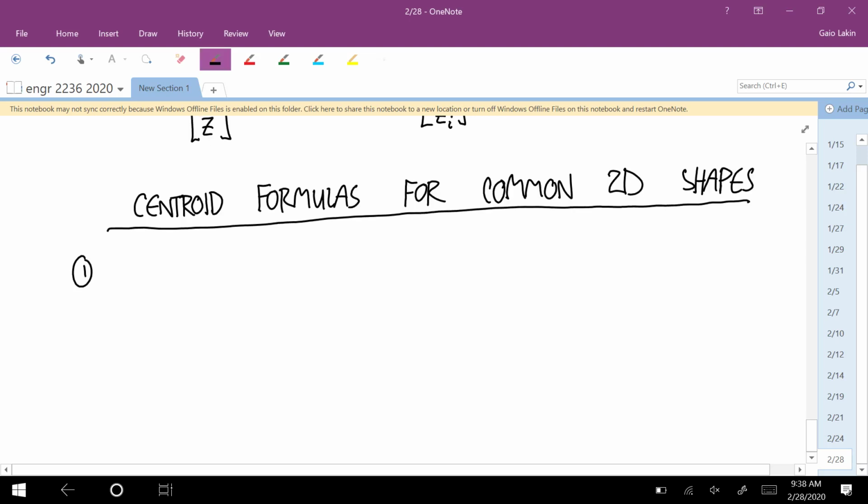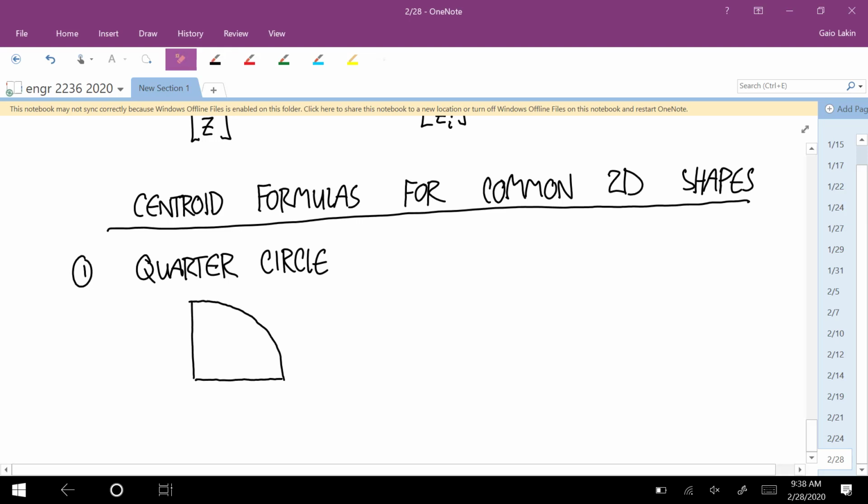The first one is a quarter circle. And the centroid is